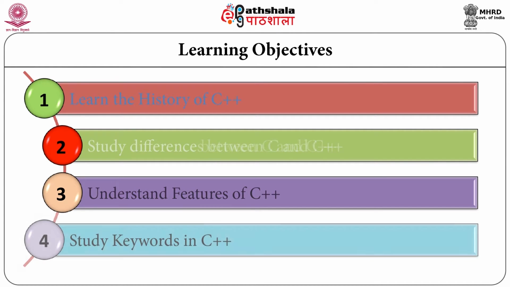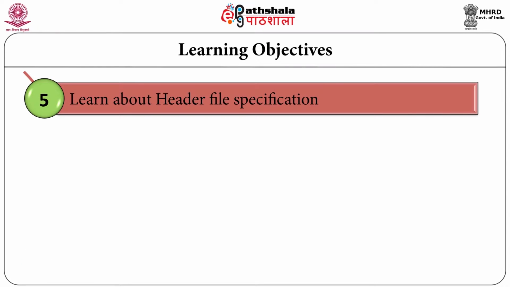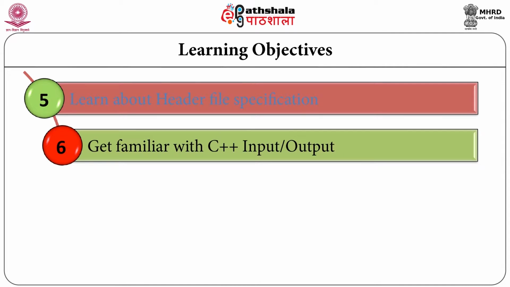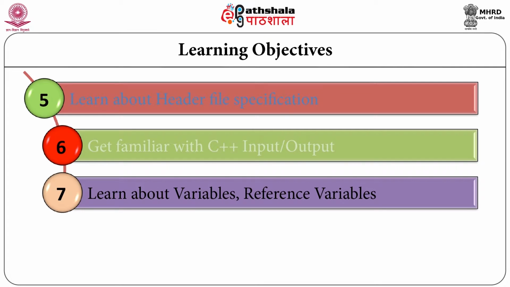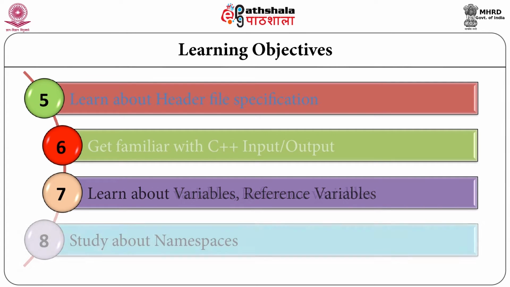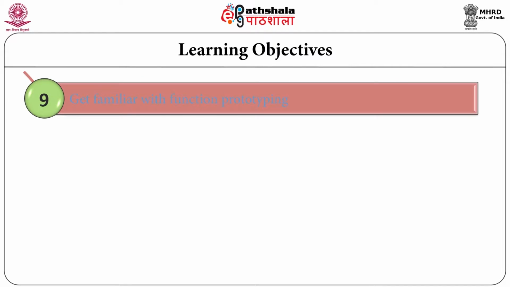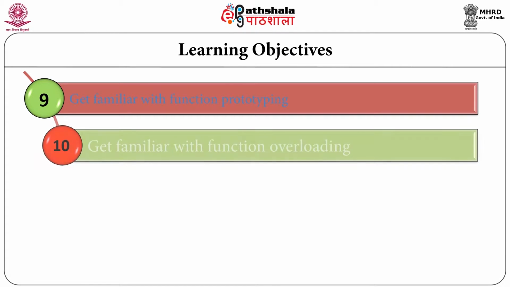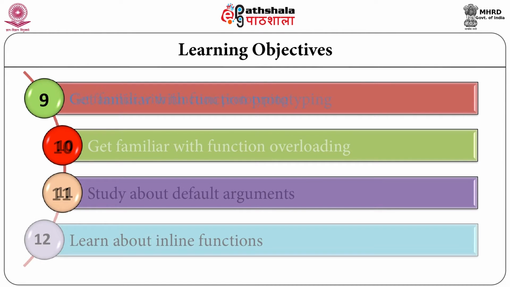We will study the keywords in C++, header file specification, and C++ input and output. We will get familiar with variables and reference variables. We will study namespaces, get familiar with function prototype and function overloading, study default arguments, and learn about inline